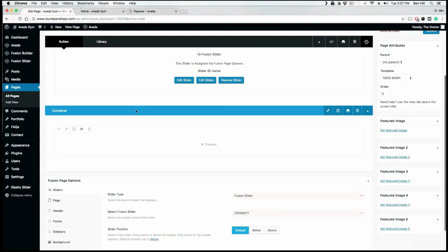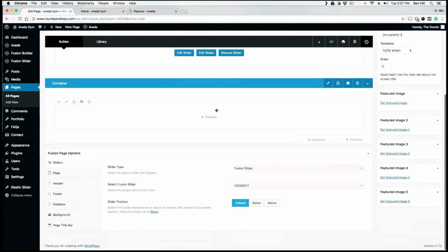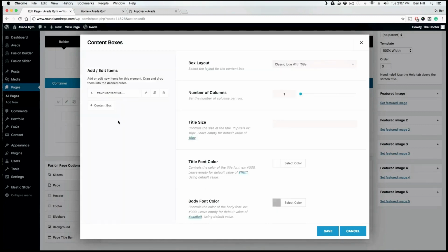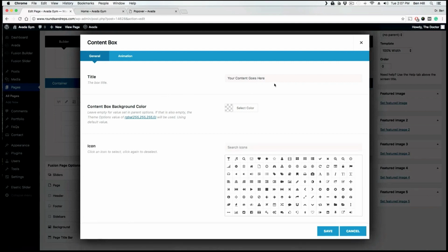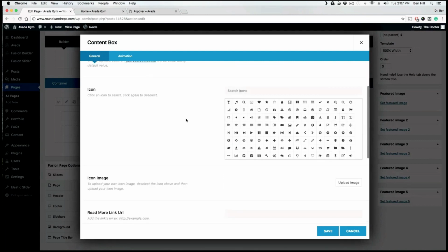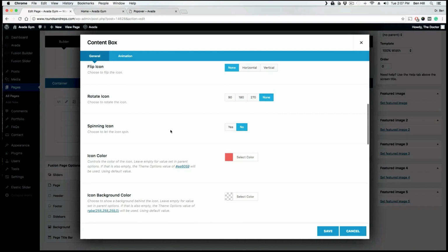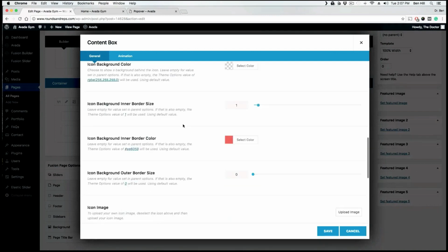All right. Once we do that to the container, what we want to do is actually add some elements. So let's do content boxes. Let's go ahead and work on this really quick, and I'll show you what we can do. I'm just going to say, hello, this is a box. I'm going to choose an icon. We'll do this little leaf right there. You can change the color of everything if you like,